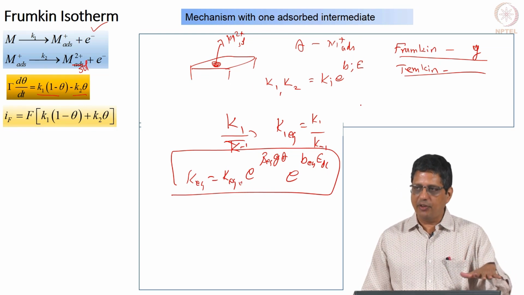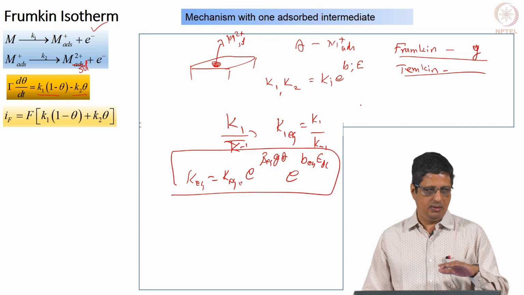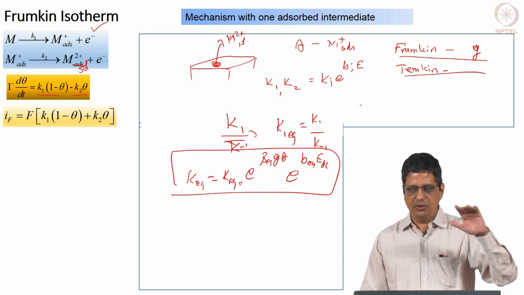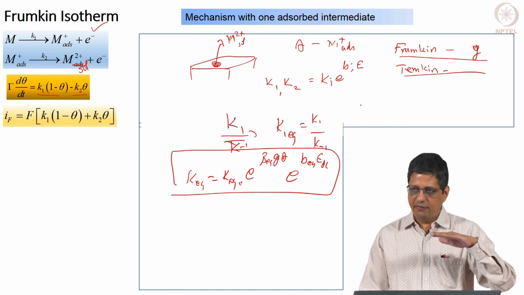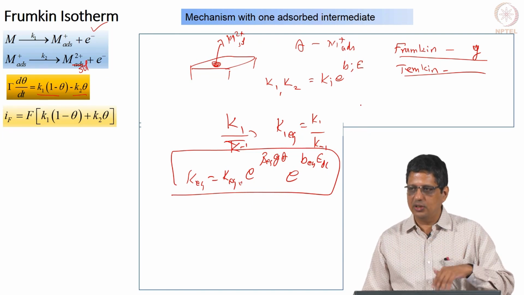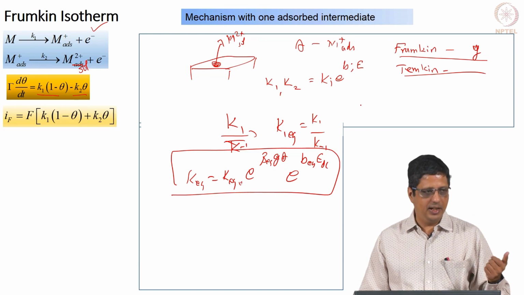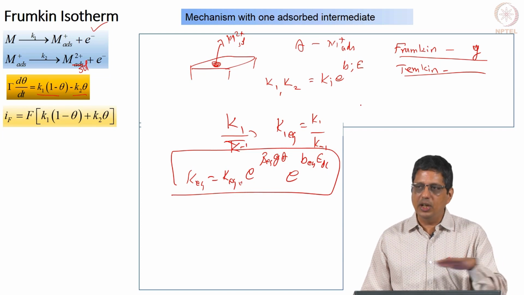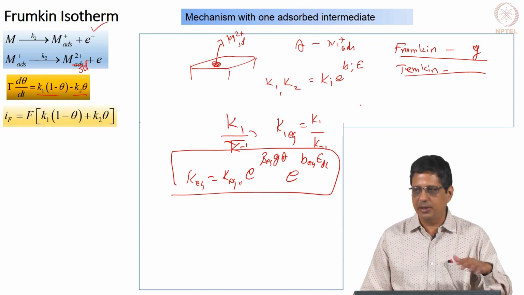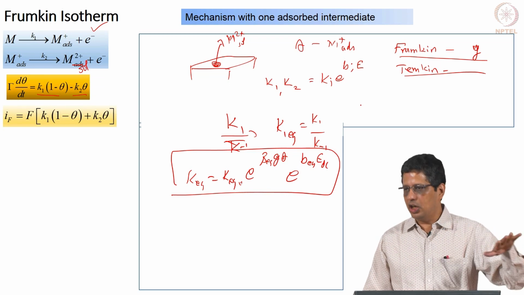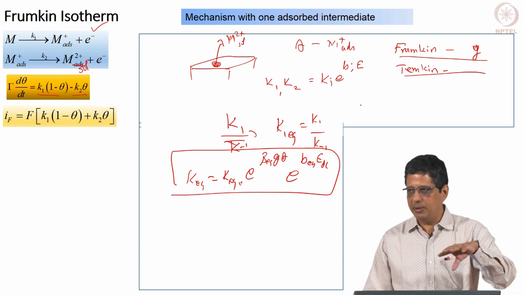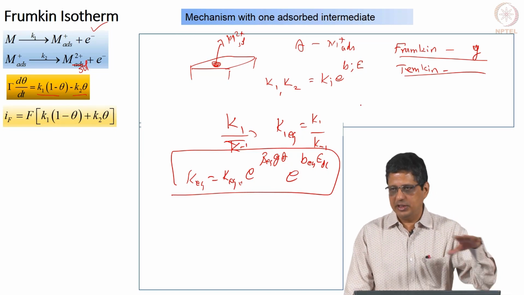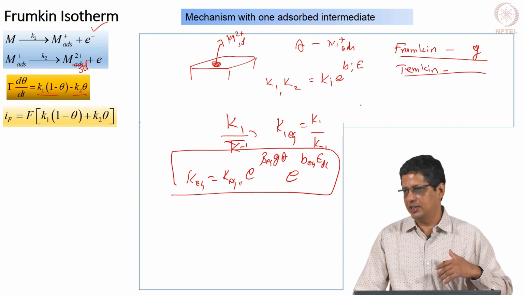But if you are not able to identify, all that you have is that it is going to be fast, it is going to be slow. Another way to say that is, if it is empty and the view is good, you are likely to go and sit there. If it is full, you will think, should I really go in or should I wait and go later, let it get empty and then I will go. So, that means the rate becomes slower. If it is fully empty, whether it is Temkin or Frumkin, you will see the same behavior. You go quickly and occupy some place, you may occupy a special place or a random place, but you do not have to think and make a decision. If it is partially occupied, you will have to think and make a decision.